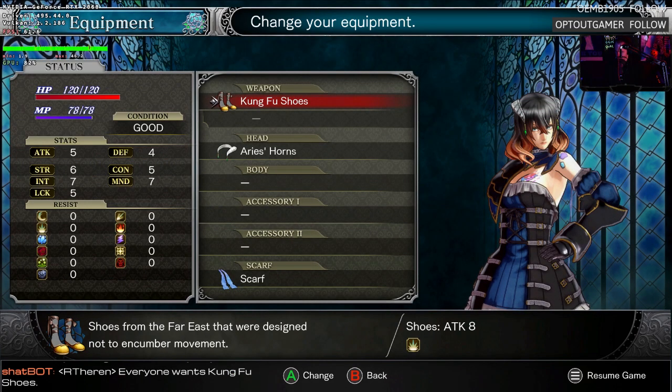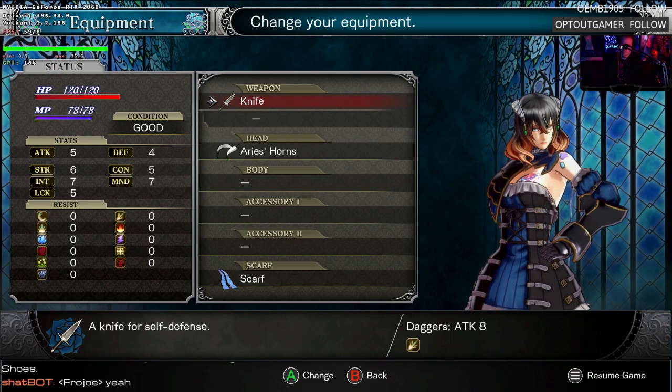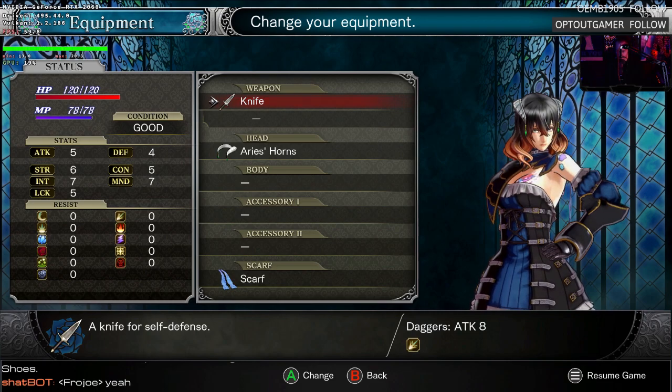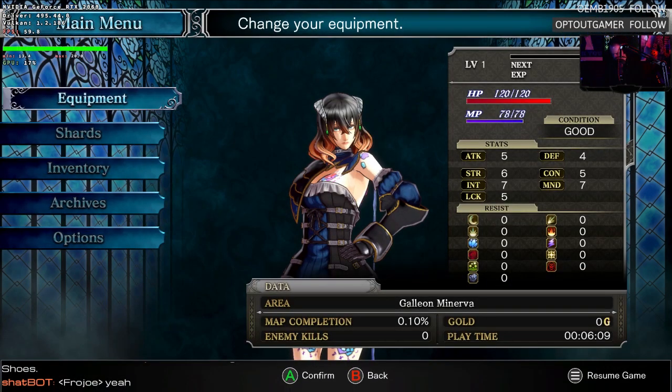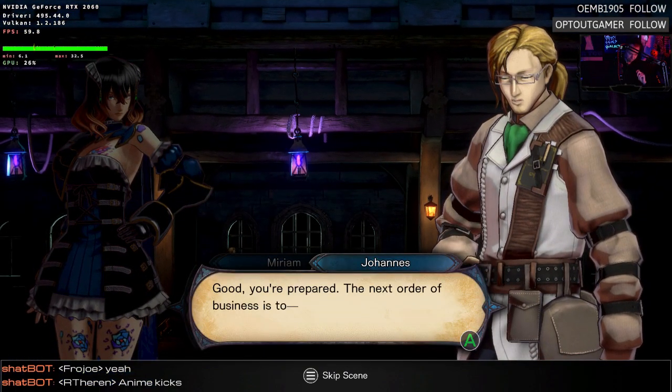These are weapons? See, you have unintentionally piqued my interest, game. Now I want to know how I use Kung Fu shoes as weapons. Alright. Have I done the thing? Good. Yes. Prepared. The next order of business is to...